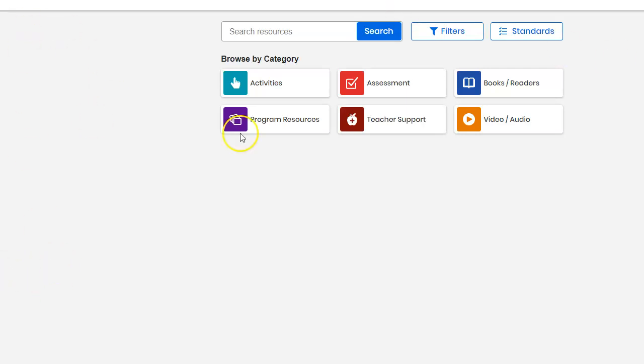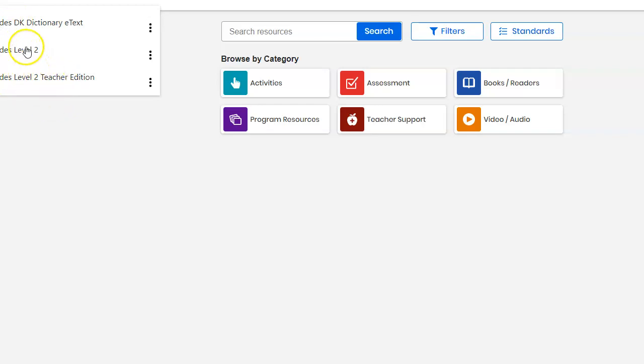It might be a little bit different because I'm in teacher view. Might be similar in terms of the table of contents, but you can click on the book icon here. You don't need a dictionary. You probably, I would assume, don't have access to the teacher version. You just want the regular Realidades Level 2. And that'll open up the eTextbook. Might take a few clicks to get there.